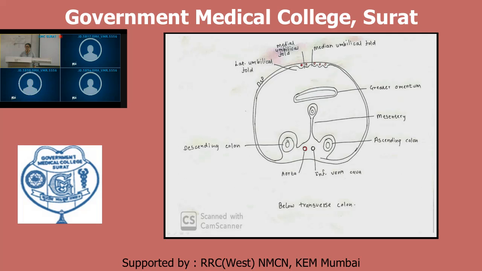Now just try to recollect, this is the lateral umbilical fold. How was the lateral formed? By the inferior epigastric artery, if you remember. So this one is that. Now you can see this is a mesentery, coming from behind, from the aorta and inferior vena cava. So this is the dorsal mesentery. In the next diagram I will show you the ventral mesentery as well, which Dr. Patil has shown here. Now let us see what it became embryologically.